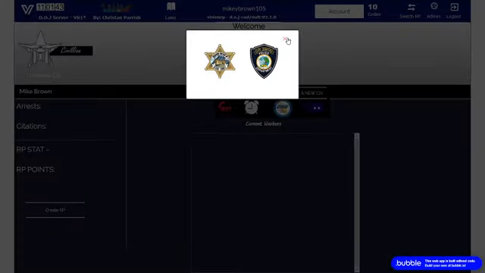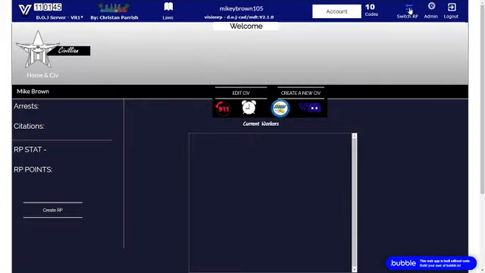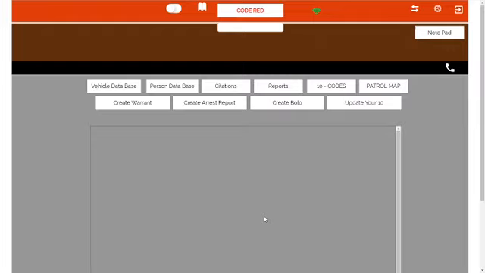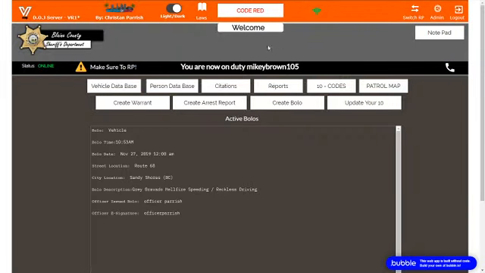Whenever you want to be a cop, you click switch RP. Whenever you're in Paleto Bay, Blaine County, or Sandy Shores, you click the sheriff's icon, and it takes you to that page. It's loading right now. It says welcome, and you're now on duty, Mike. And then you're online, Blaine County Sheriff's